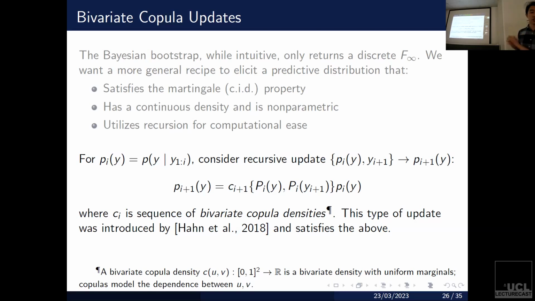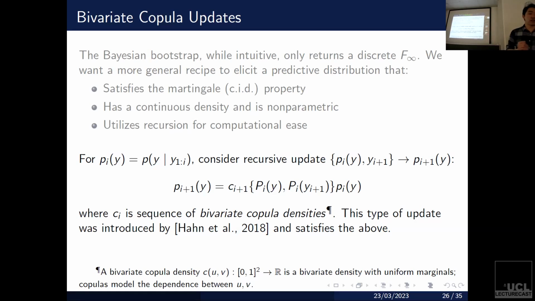So let's go back to the equation here. C, ignoring the subscript for now, takes two inputs, U and V. The input on the left-hand side is the CDF at this test point y, and the input on the right-hand side is the CDF at the data point y_{i+1}. That's the data point we're going to be updating. So we can see that throughout the update, y_{i+1} only comes in through this second term in the bivariate copula. One way to think about this is as measuring some kind of distance. You could think of the copula as capturing how far my new data point is from my test data point, and I'm going to allocate density accordingly.